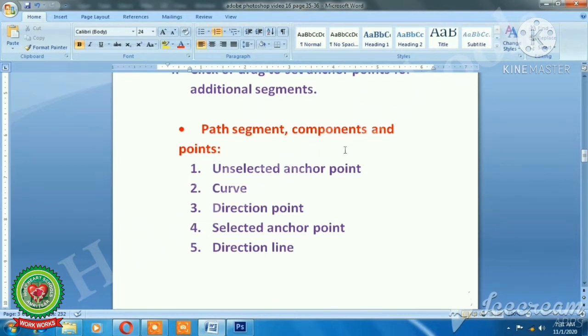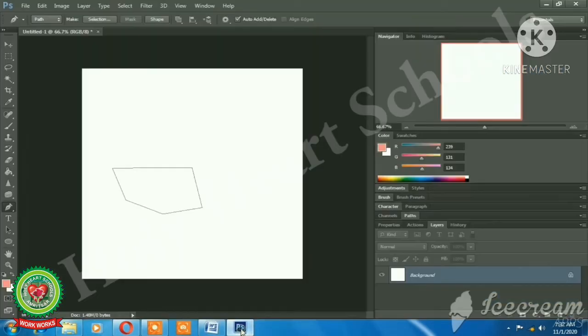I will show you all these path components and points with the help of a practical. We will open Adobe Photoshop and select the pen tool. I will make the first anchor point, second anchor point and third anchor point, and from there I will hold and drag the mouse.